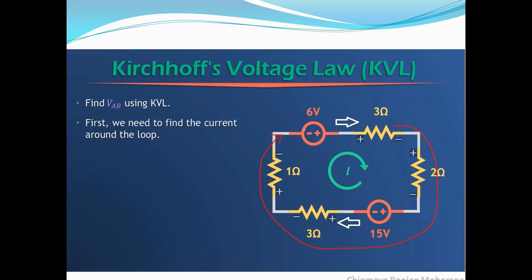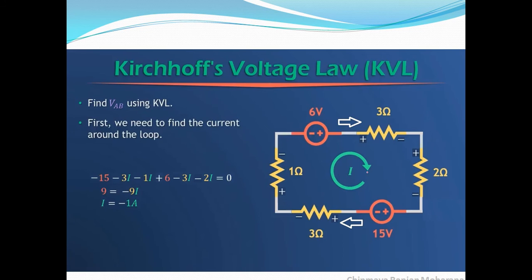So I put a sign here: entering current should be positive, exit current is negative. Entering current positive, exit current negative. Here it is already defined, no need to define it again. And here entering current is positive, exit current is negative. Clear? Let's start and ensure our loop by applying the loop. Here I missed the a b point.